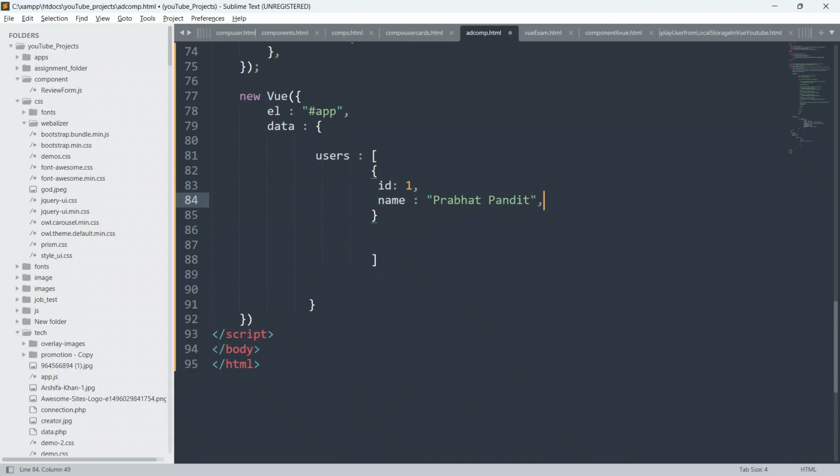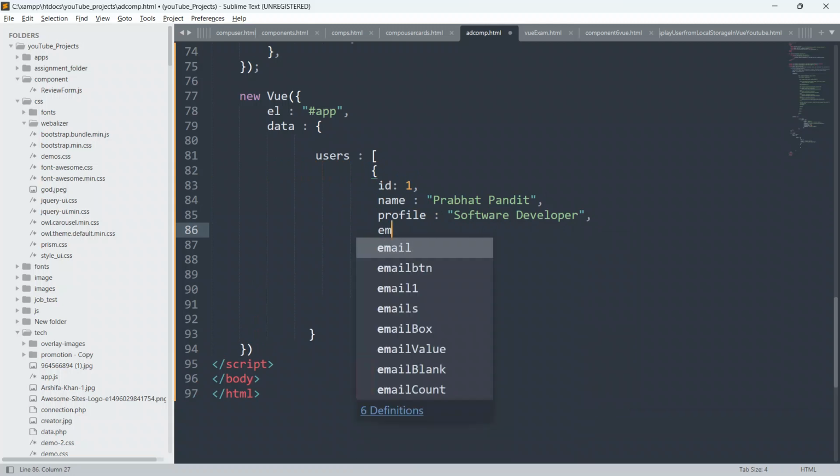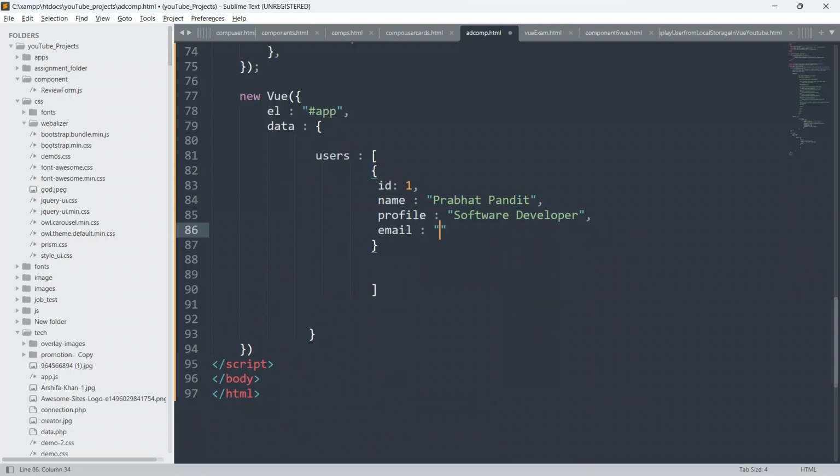Put comma, and we will define our profile also. I will give profile as software developer. Put comma, and I will give an email also. Put colon, and I will say Prabhat IES48@gmail.com.